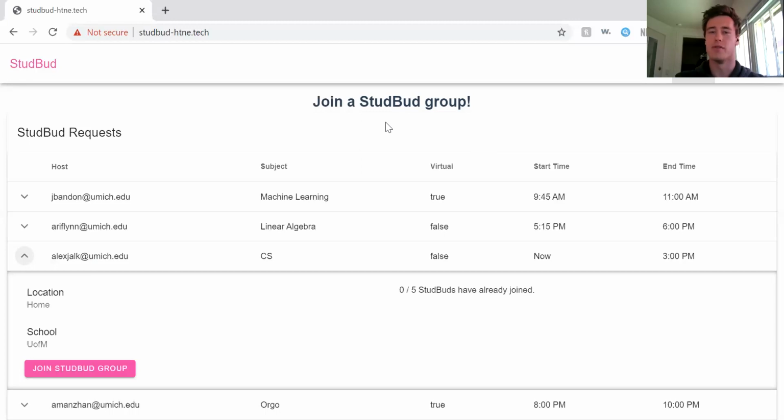So to do that, I used AWS serverless Lambdas and API gateway to host all the information without having to have my own servers. So for the backend side, everything is hosted on DynamoDB for all the data. And then Lambdas connect that database to the API gateway to make a connection for the endpoints. So then every endpoint on here, such as loading this table or joining a group, will go through the API gateway to a Lambda, to the database, and then back to the Lambda, and back to the gateway, and back